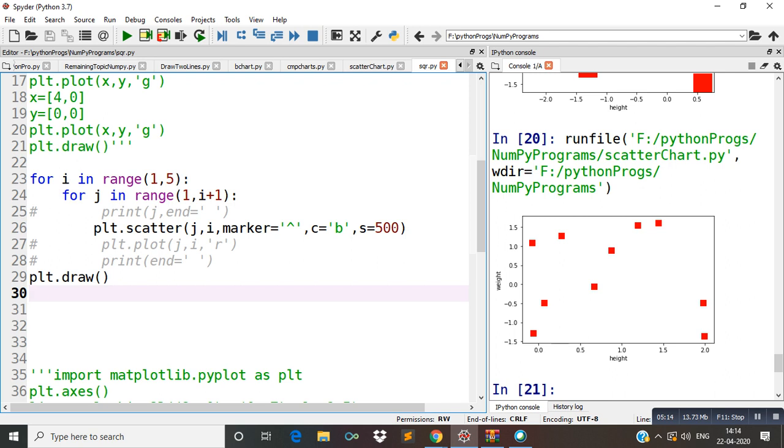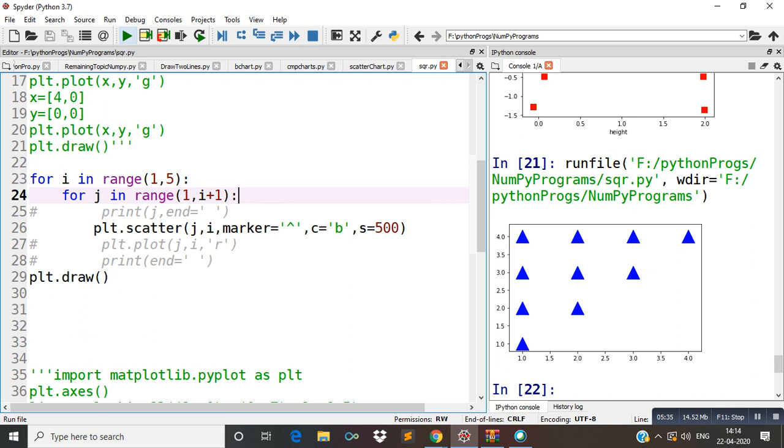Here, what is the pattern? Which pattern will be displayed using this program code? To see that, first of all we want to execute this program. So firstly I execute this program. Here you are getting a triangle like this. Do you see, beta? So this is a triangle. This triangle can be printed using this program. And how can we write a program for this?